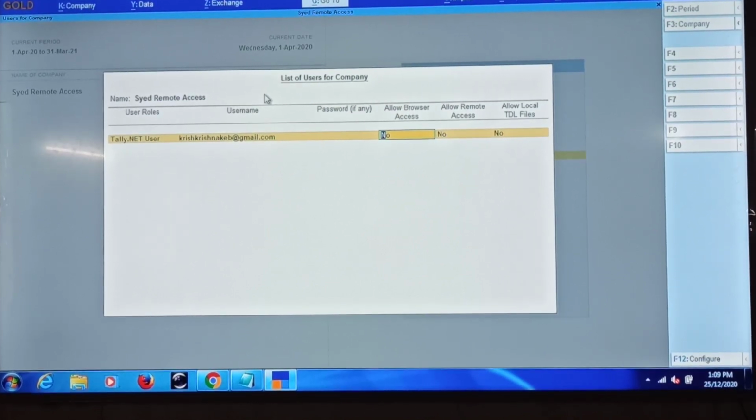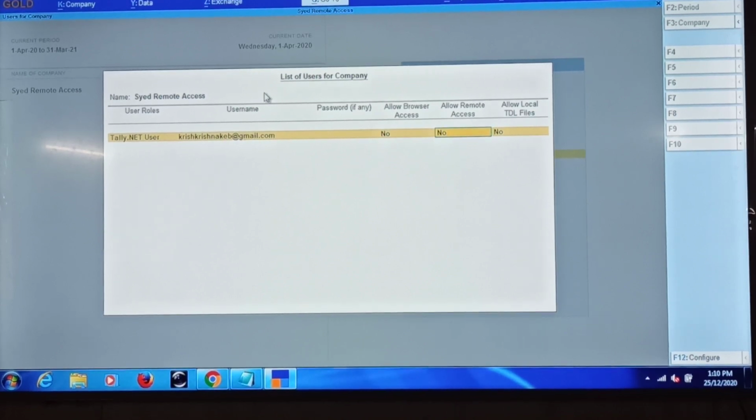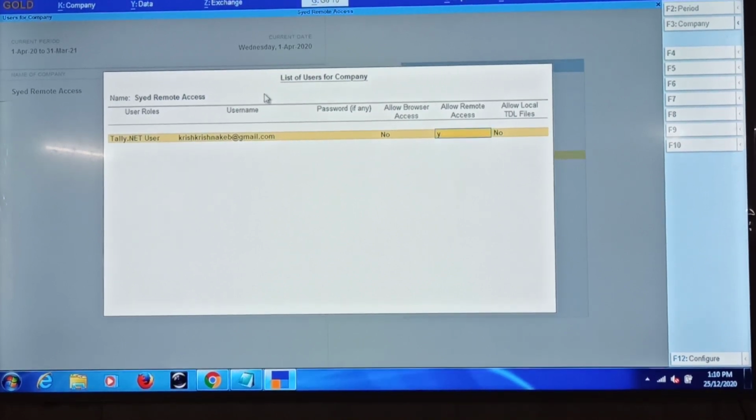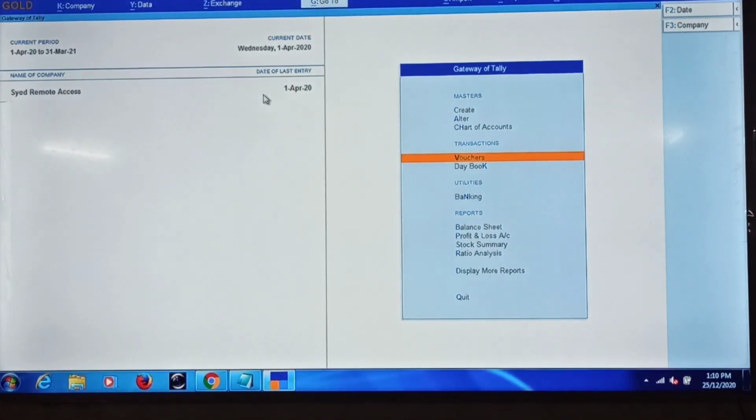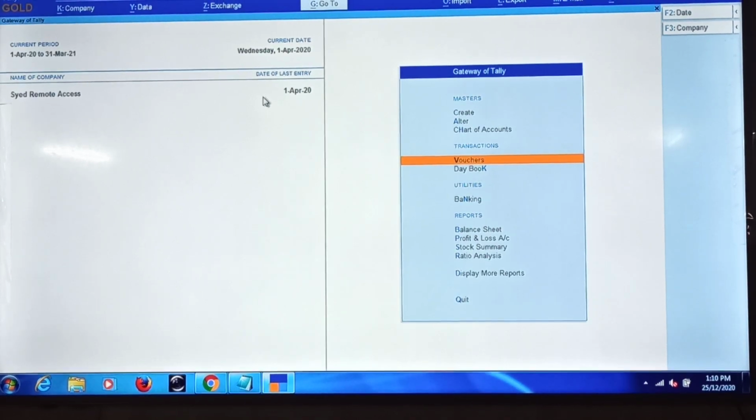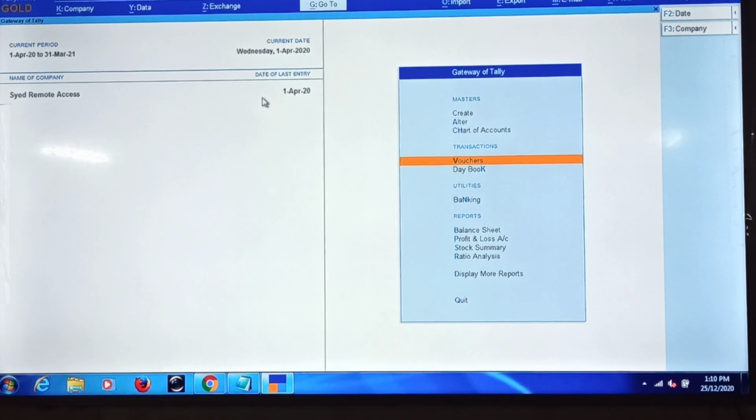So if you want to do remote access, this option, allow remote access, has to be set to yes, and I'll press Ctrl A. Once the company is created successfully, I have to set the user roles and access, and then I have to set the